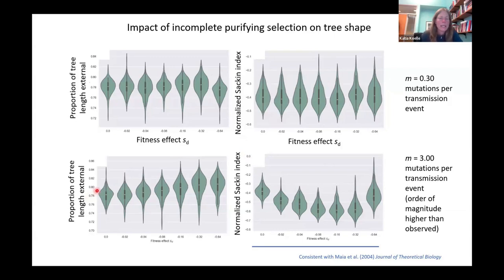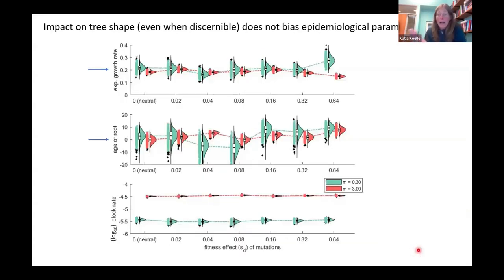And what you can see here, again, is the proportion of the tree length that's external increases slightly as the fitness effect increases. If we look at the second index here, we can see this little U shape, which is very consistent with previous simulation work outside of infectious diseases, where you expect to see, and you do see, more asymmetry in the topology of a tree at these intermediate fitness effects. Okay. However, then